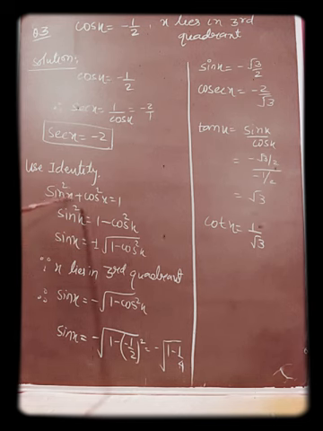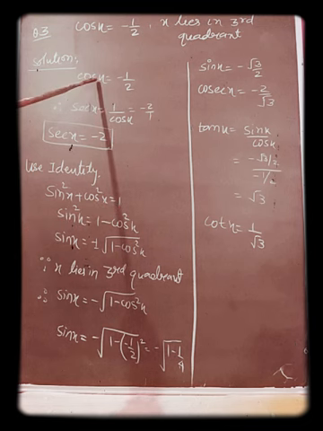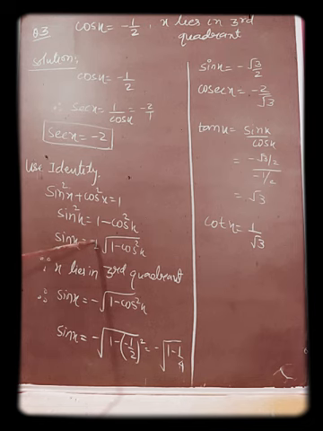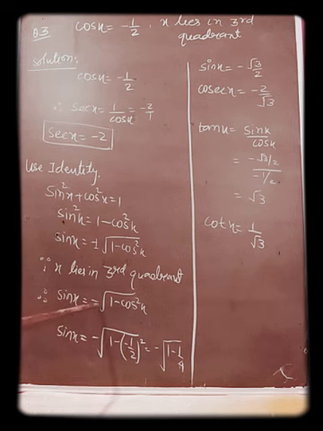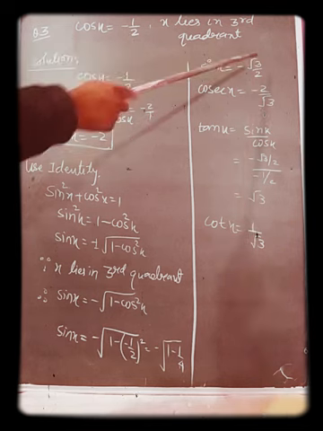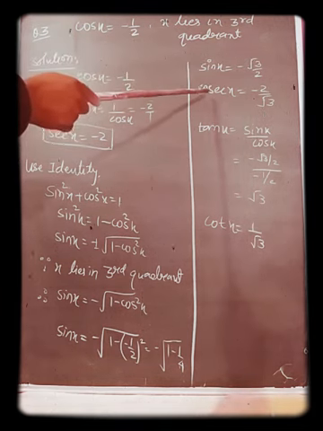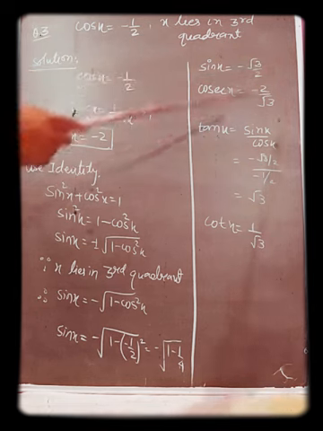We use the identity sin square x plus cos square x equal to 1 because we have cos of x. So, we need sin x, this equal to plus minus root under 1 minus cos square x. x lies in the third quadrant. According to the third quadrant, sin of x is negative. So, negative root under 1 minus cos square x. After solving, we get sin x equal to minus root 3 by 2. Therefore, cosec x equal to minus 2 by root 3.